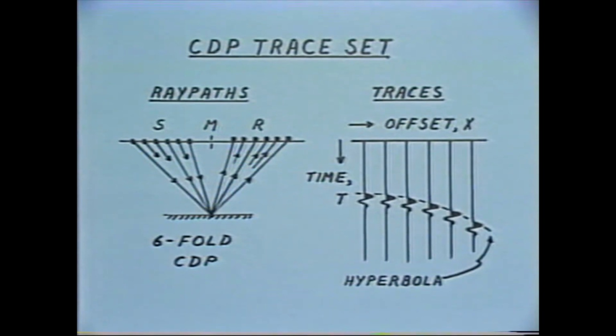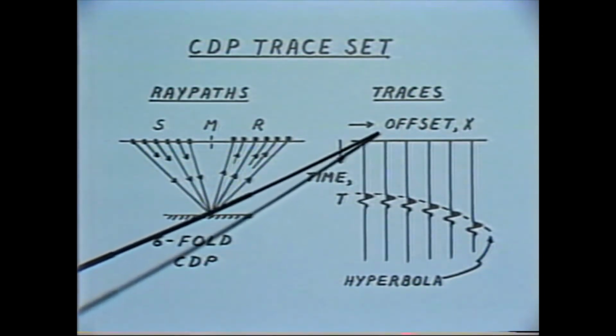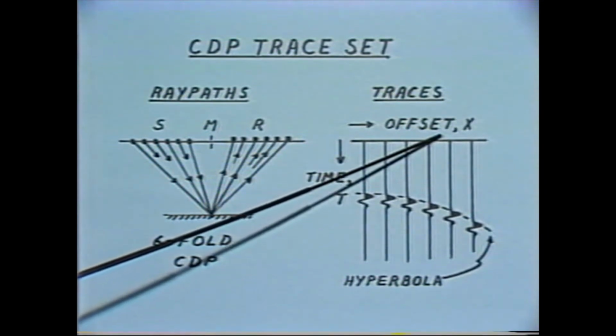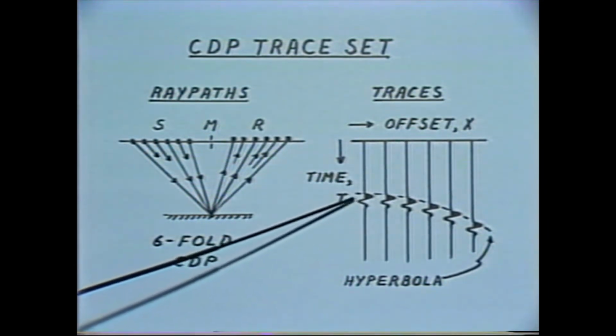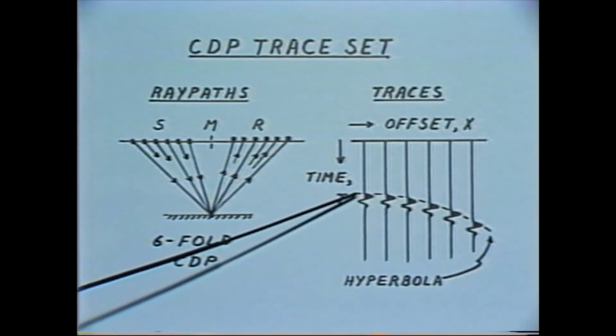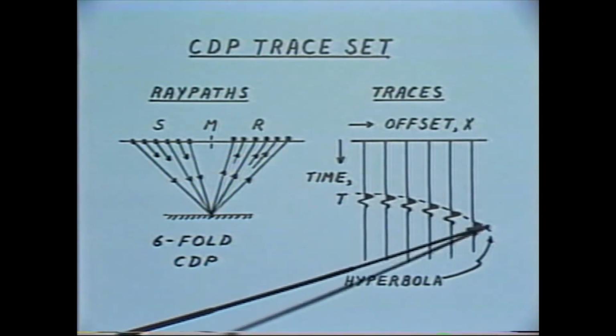Now, if we look in a little more detail at a set of common depth point traces, here we've shown what would be called a six-fold common depth point set of traces, because there are 6 traces from 6 different source positions into 6 different receiver positions. If we look at the traces derived from those different receivers and arrange them in order of offset, that is the distance between the source and the receiver, a reflection event, and remember this would be from the same point on the reflector, would appear along a curve across